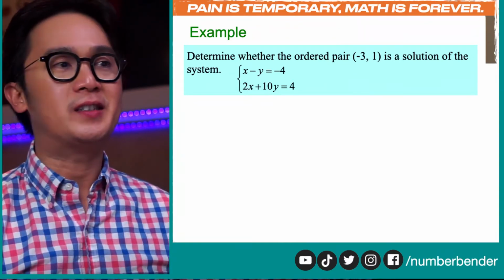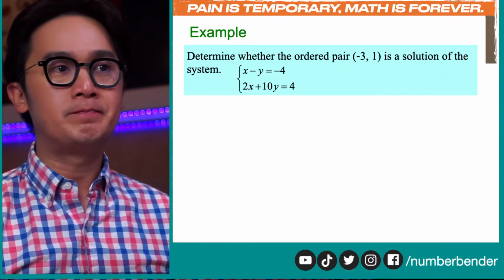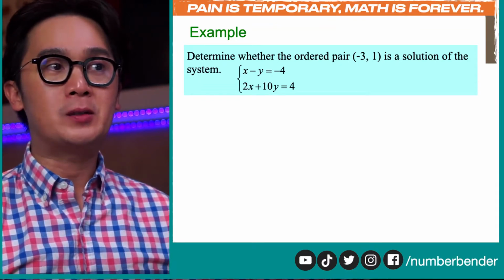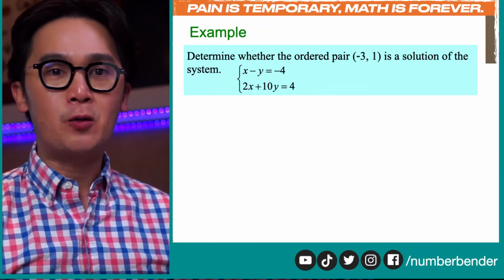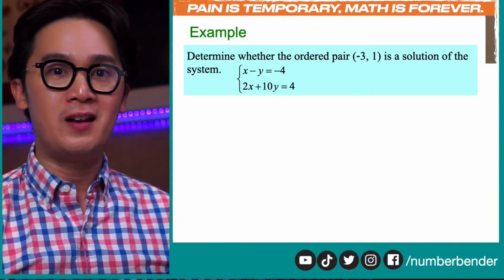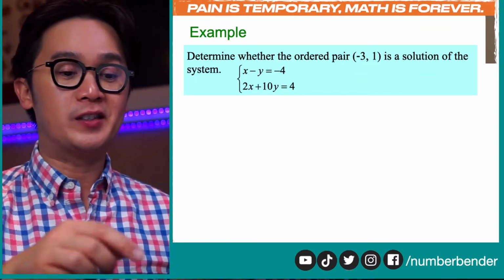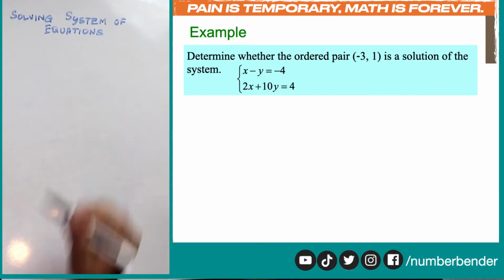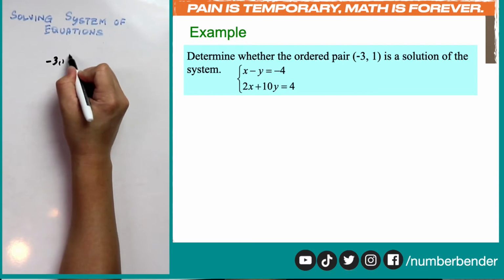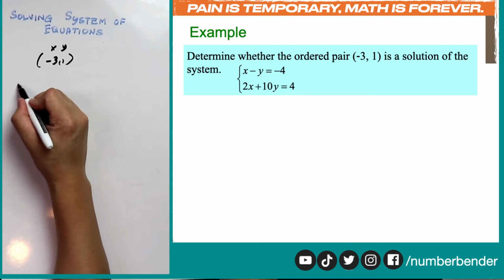So here we're going to determine whether the ordered pair -3 and 1 is a solution of the system x minus y is equal to -4 and 2x plus 10y is equal to 4. So in this case, we're not going to be solving for the solution because we already know the solution. All we need to do is to verify if this is indeed the solution of the linear system. And to be able to do that, we need to understand that the solution given by -3 and 1, which is our ordered pair, should match our first equation